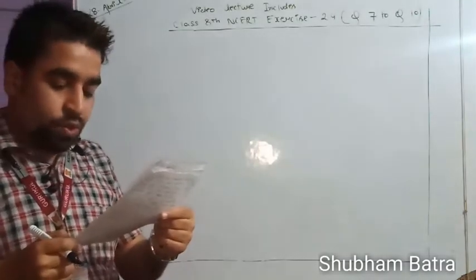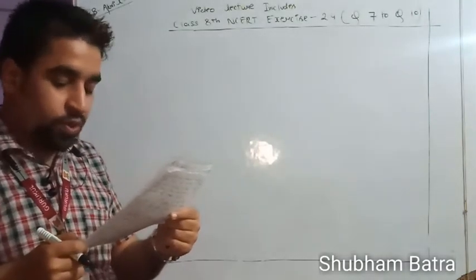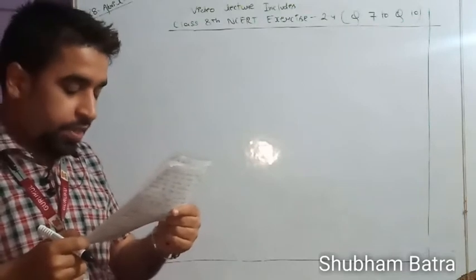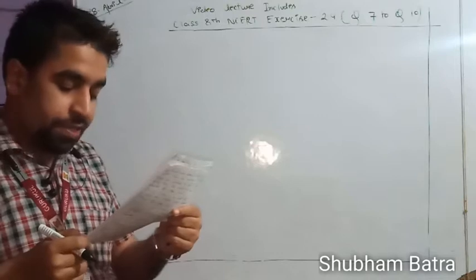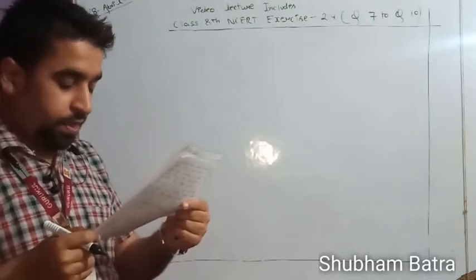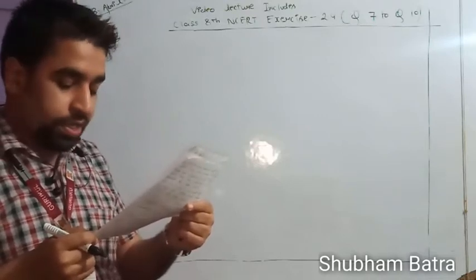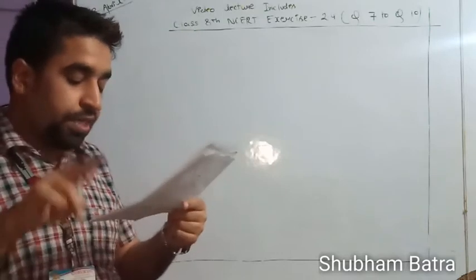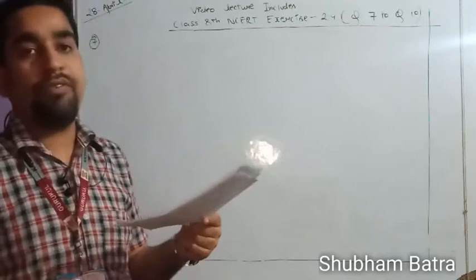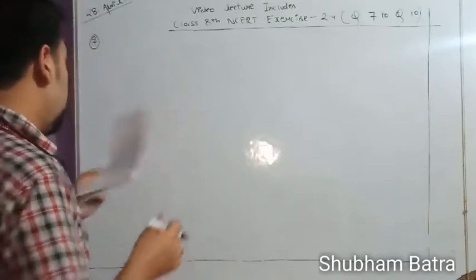Hassan buys two kinds of cloth material for school uniform. Shirt material that costs him rupees 50 per meter and trouser material that costs him rupees 90 per meter. For every 2 meters of the trouser, he buys 3 meters of the shirt. Okay, for 2 meters of trouser, 3 meters of shirt. Okay, fine. So let